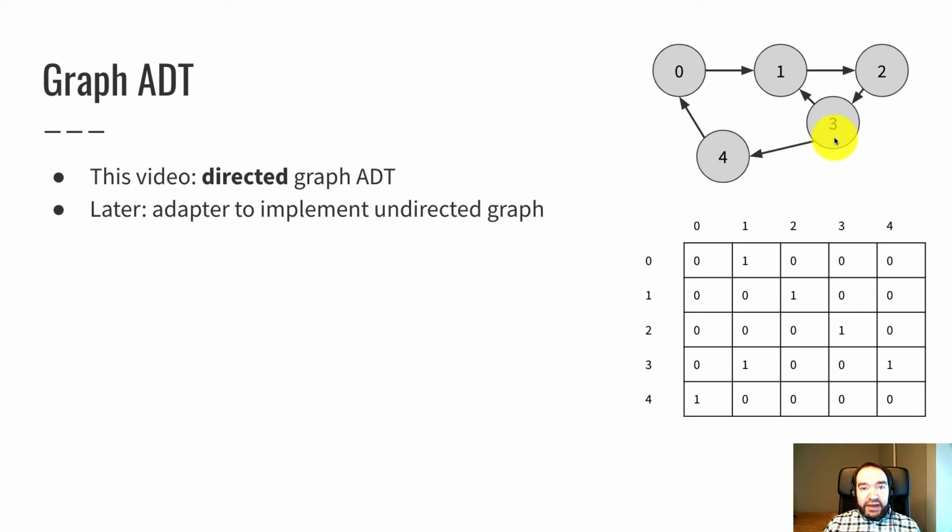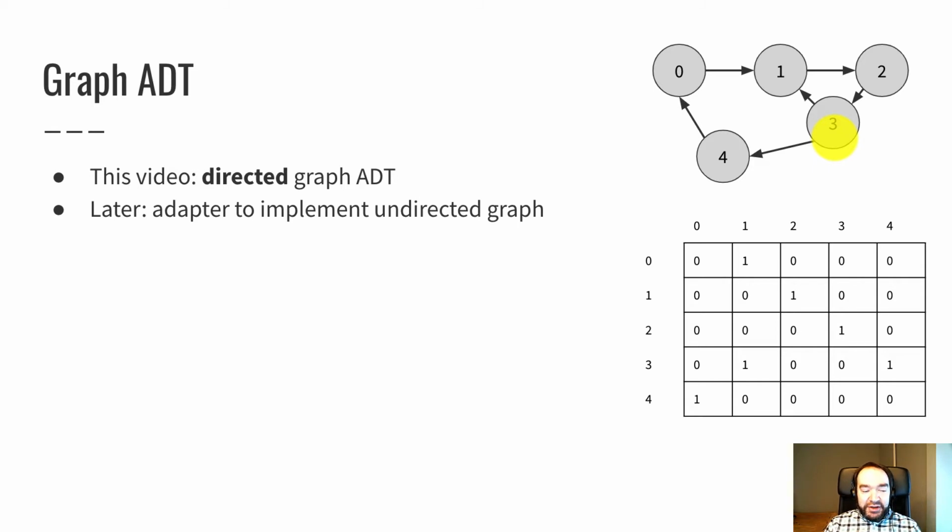Later, we're going to see a container adapter that allows you to represent an undirected graph using a directed graph data structure. So there's a situation here kind of like map and set. You might remember that we started with the map abstract data type with keys and values, and we defined two competing data structures to represent a map, a binary search tree and a hash table, and compared them. And after we did all of that, we defined the set abstract data type, and it was really easy to implement a set once you had a good map.